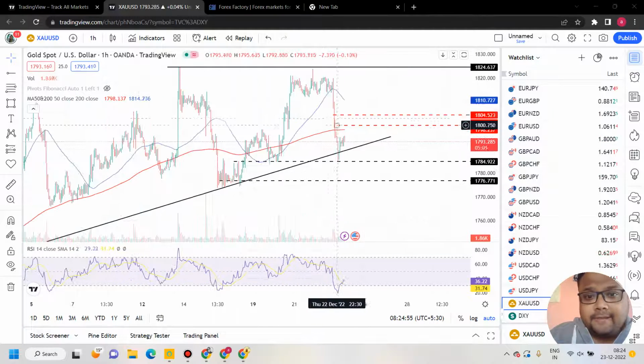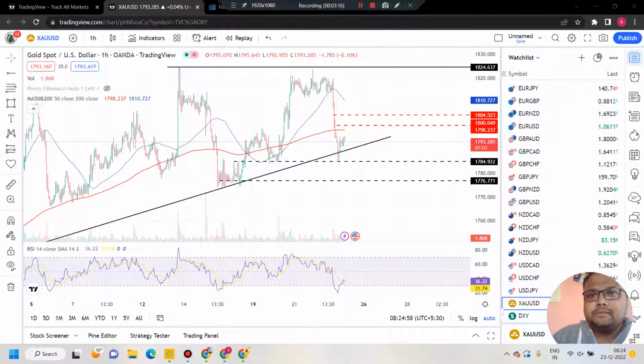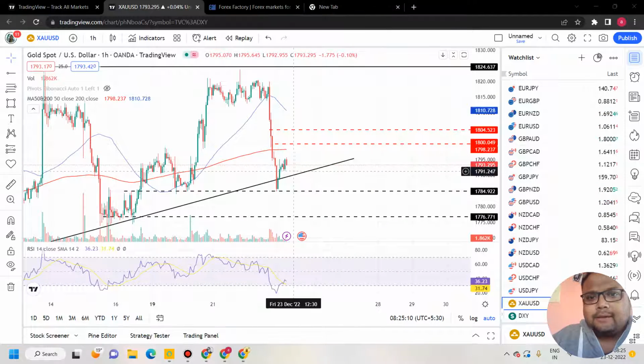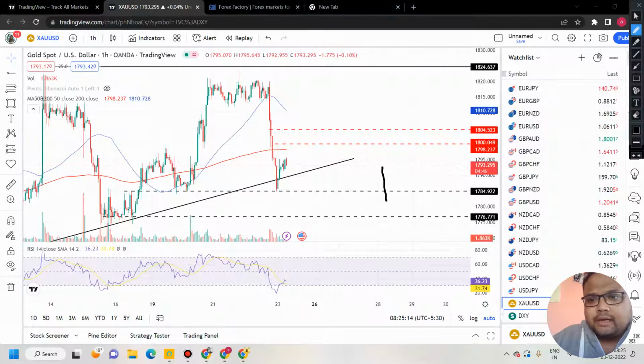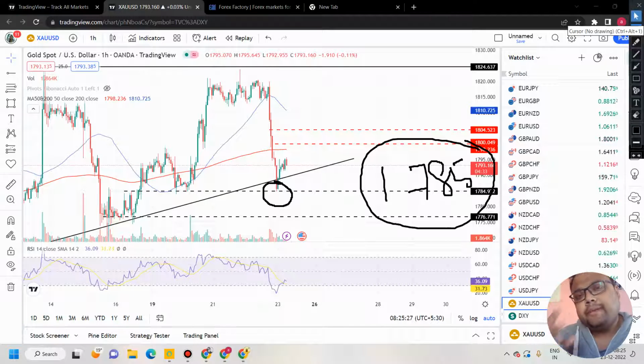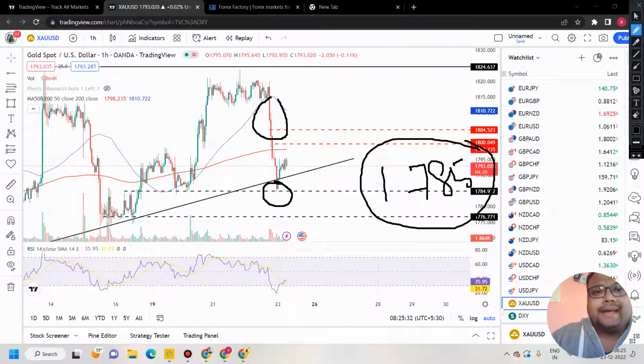Today is Friday. Already the volume has reduced considerably, and in case the market breaks the trend line, observe the market around the 1785 level, or the support from where the market bounced yesterday. If the volatility of the market remains low, yes, see, volatility will play a big role, because if the market starts falling with candles like this, then obviously the market will break the support.